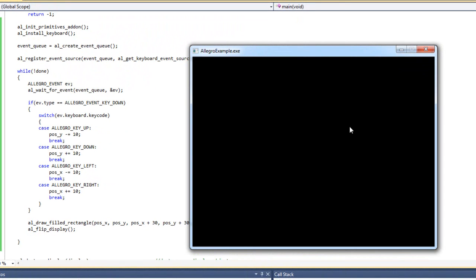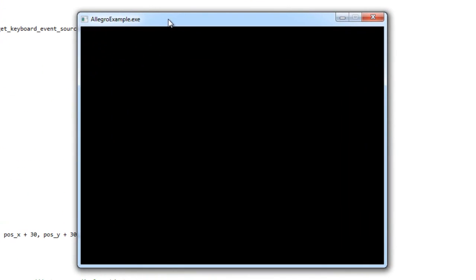I'm going to pull this over here. First things first, we're going to notice nothing is on the screen. And that's because as soon as we enter this loop, we wait for an event. So we haven't had a chance to draw yet, because we're still up here waiting. And we'll fix that when we get to our timed game loop as well. So I'm going to hit a button, and there we go. I hit a button,